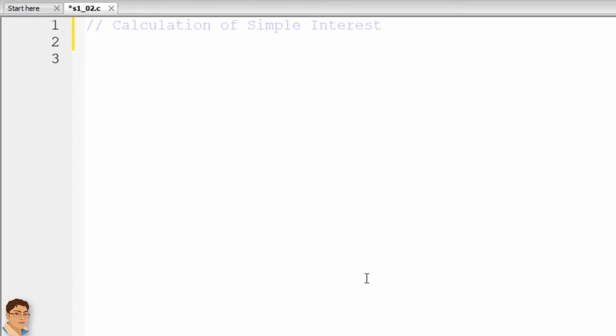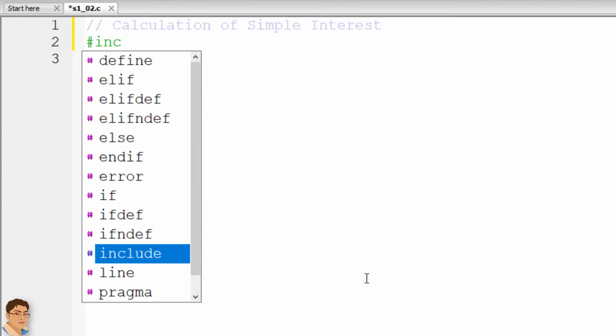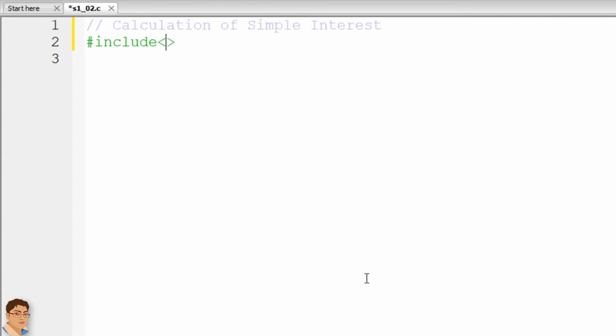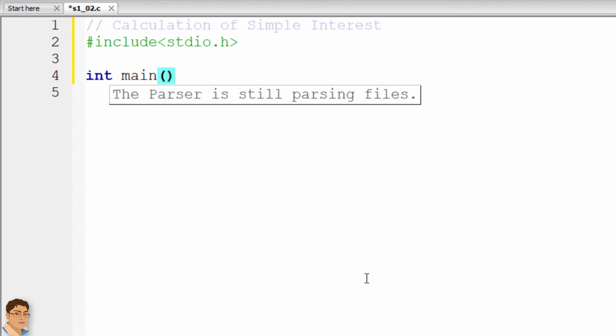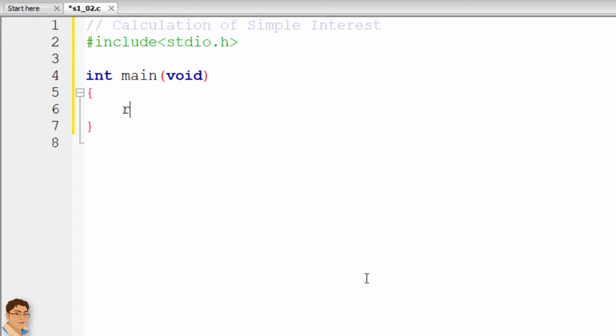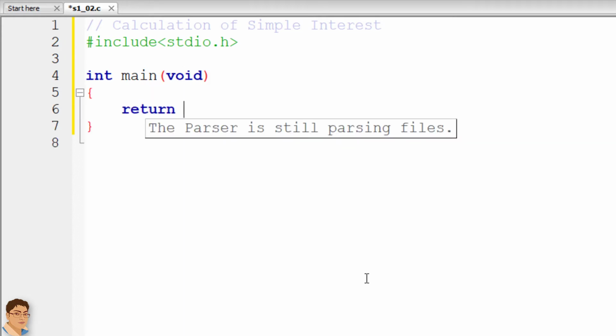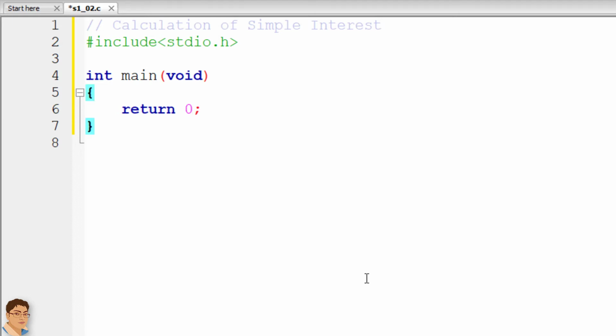Include stdio.h header file. Write the main function. Declare the necessary variables.